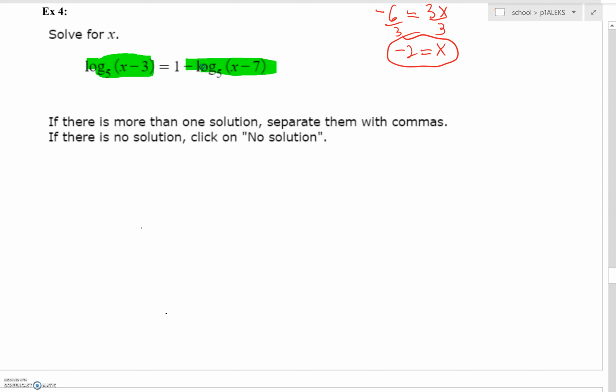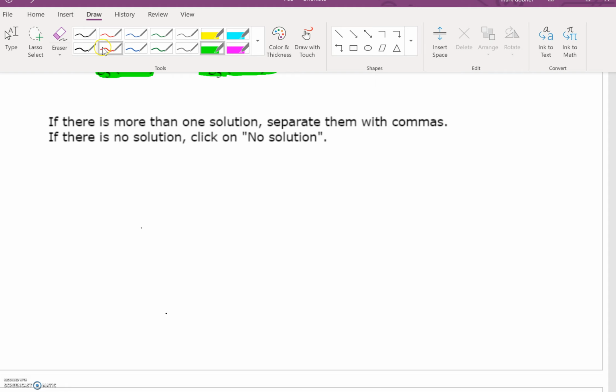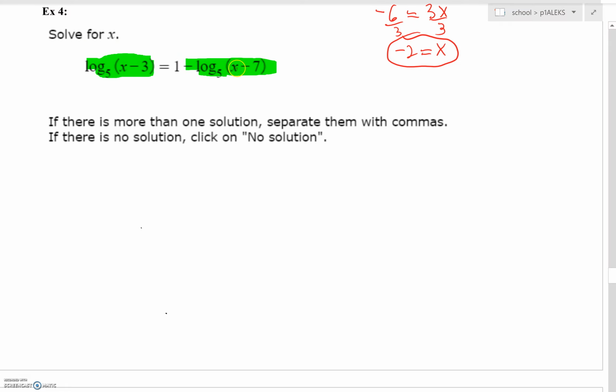But of course, at the end of this problem, we'll have to do a check. And we have to be aware that we have to check the insides. Whatever x value we get, we want to make sure that the insides of both of those logarithms are not negative and they're not zero. I'll tell you what, I want to get my logs next to each other so I